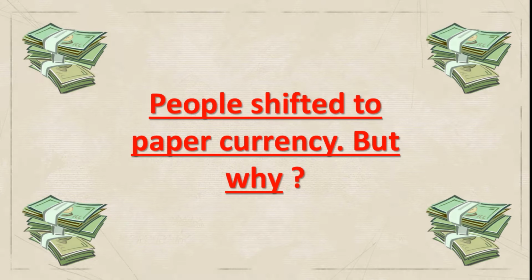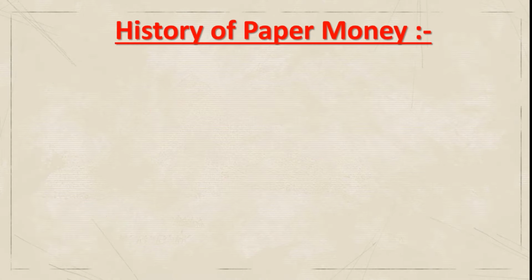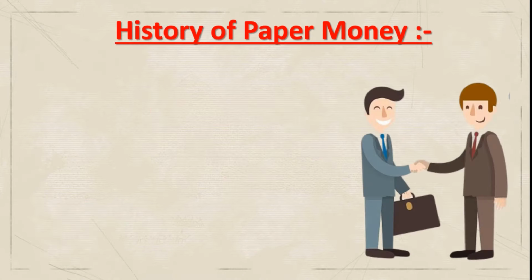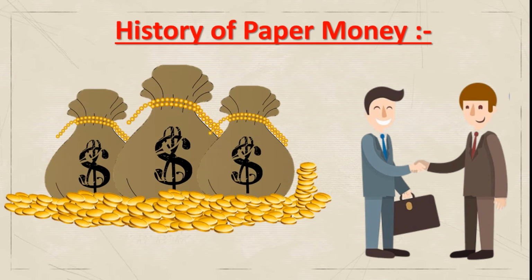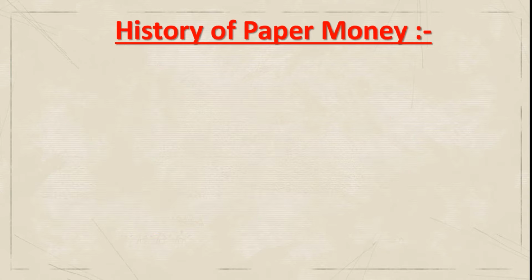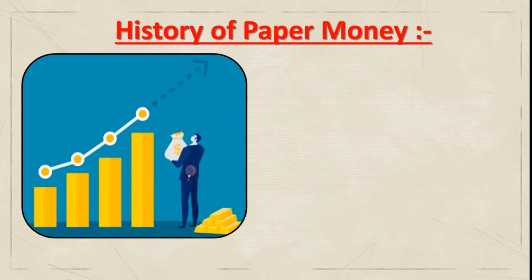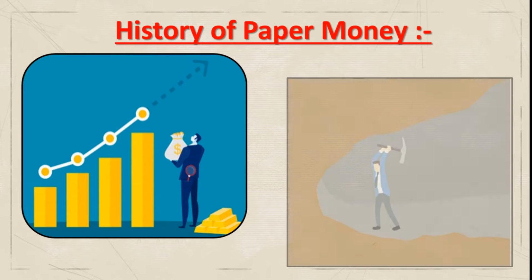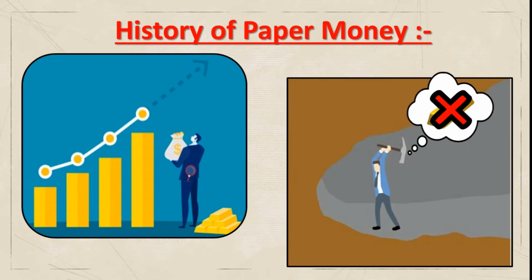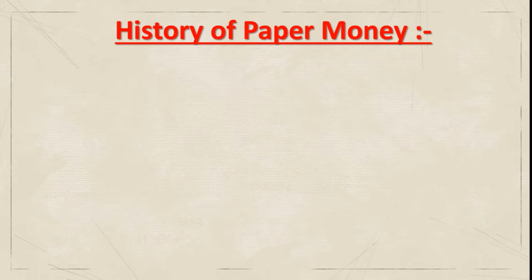After the coinage system, people shifted towards paper money. But why? As time went on, transactions got bigger and bigger, and it was not easy to transport those hundreds and thousands of coins to the person who had to receive the money. And one more point, coins were made of metals such as gold, silver, bronze, iron, etc. And imagine the situation when the economy of a country reaches such a point where you don't get enough metals to make coins. It will be a problem as you don't have enough coins to do transactions. So after the coinage system, people shifted towards paper money.